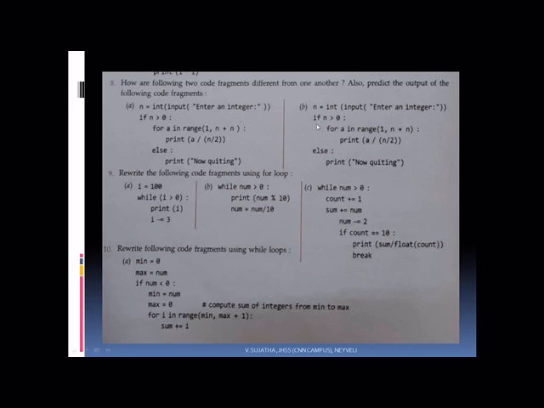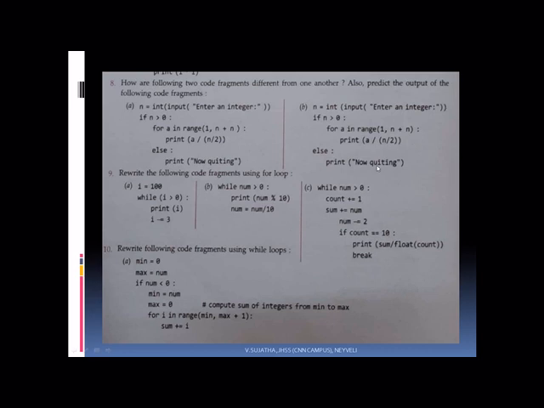Here the else is if else. This else statement belongs to the if statement. Here this else statement belongs to the for loop. Here if n is greater than 0, it will evaluate this one. If n is equal to or less than 0, it will come and print now quitting. That is the major difference between the two code fragments.